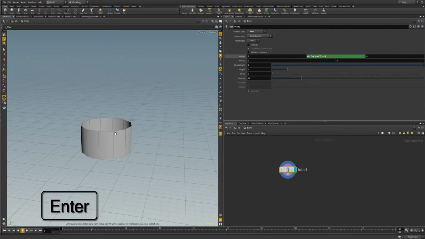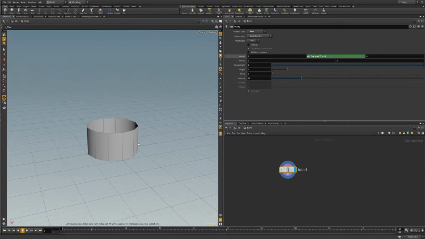0.5. You'll notice in most of these videos and when I'm doing references like this, I multiply by half rather than dividing by 2. And that is because due to the way that computer architecture tends to work, multiplying is always faster than dividing. So now we're going to have this tube